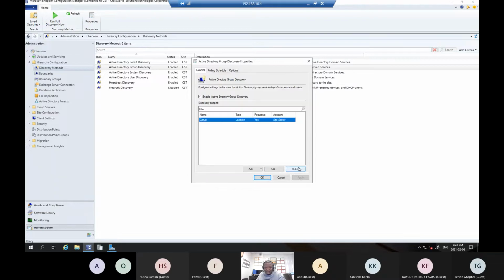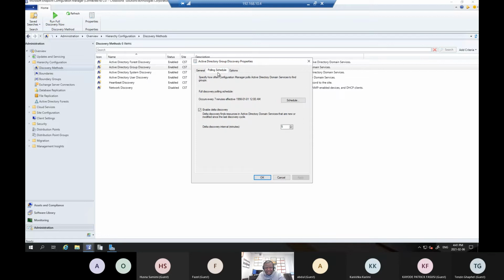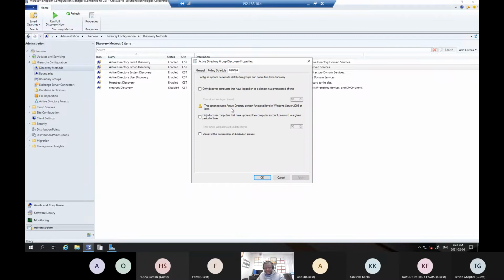Okay. And when that is done, you specify your polling schedule, like I said, how often do you want this to occur? Then you can now enable the delta differential. When I mean delta, it means the differential from the original discovery to the concurrent ones that will now be discovering after the first one was delivered. Okay, and you have other options here where you can specify,